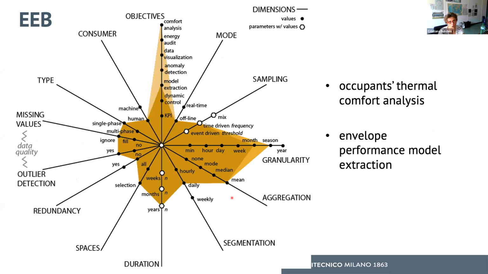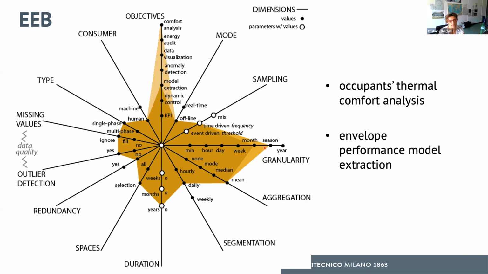The EEB project had some, again, comfort analysis, but from the other point, the relevance was related to the performance of the buildings from the thermal point of view. So the goal is the model extraction. Since it is the human user who has to exploit the data we are collecting, here we have a difference in this sense. And the type of campaign is a single phase, because we are establishing the status of the building before a retrofitting action. We have all the other choices.